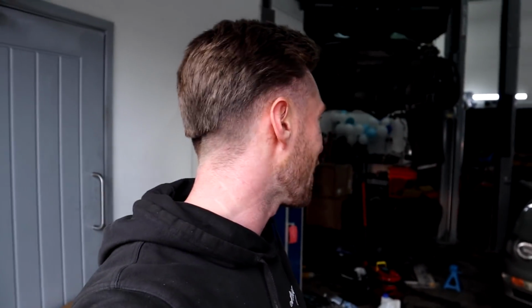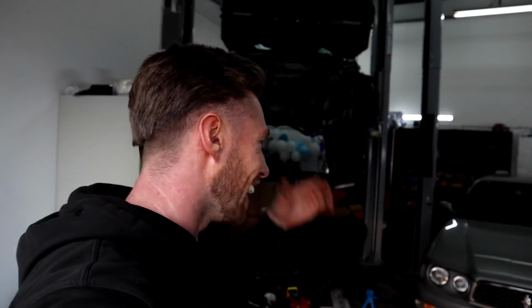She's running, she's idling, she's not scared. We can take her for her first drive. Oh my god, I'm nervous, but I'm also excited. I have no idea what's going to happen. I mean, it could boost fine, it could boost the exact same as before, it could boost more, but still fine, or it could overboost. We're going to let it carry on warming up, let that oil get through the turbo. We had it idling about 10 minutes earlier, letting the oil get through, so she's ready to go. I'm excited. Right,